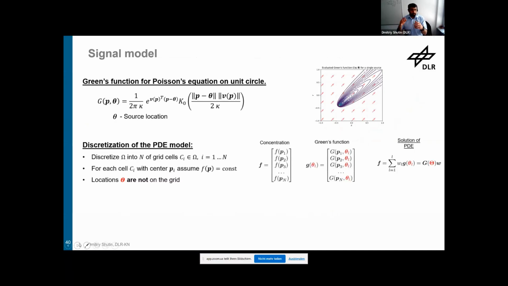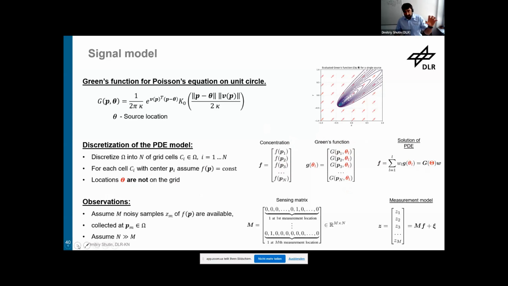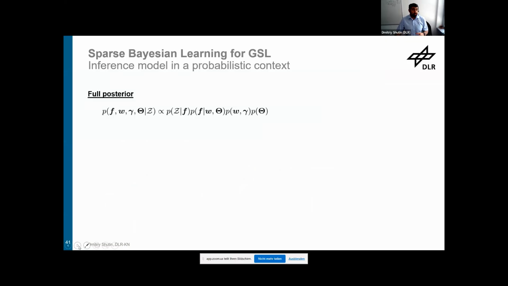So you, again, discretize your space. You can use, again, finite elements or any other discretization that you want. You collect your concentration in a vector. You collect your Green's functions in the corresponding vector. You construct a solution as a linear combination of these Green's functions, but you do not locate your Green's functions on the sources on the grid. Again, you have a very similar observation matrix as we used before. So this is a very similar step. Again, you have a state space representation. You have dynamics that is described by your Green's function now, and you have your measurement model which describes your measurements. And this is an input into, again, using the same approach as we used before.